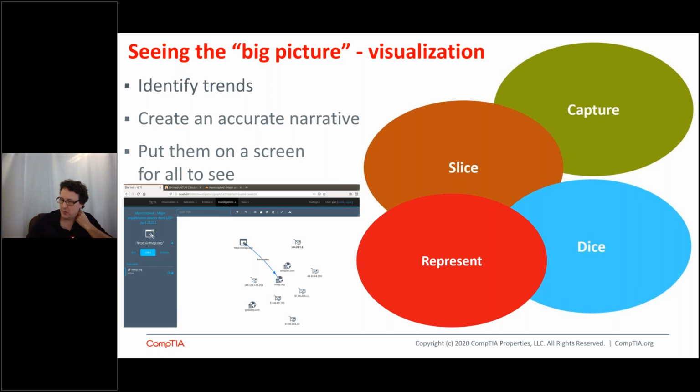You get the idea. Well, the fog of war is, as you're going to battle against the hackers, you capture data, but you get so much, you get lost. You just can't find anything. It's your job as cybersecurity professionals to slice and dice that information and to represent it accurately and to put it on a screen for people to see. And by a screen, it's not just where you would show, okay, look, here's our security monitoring tool, CEO.